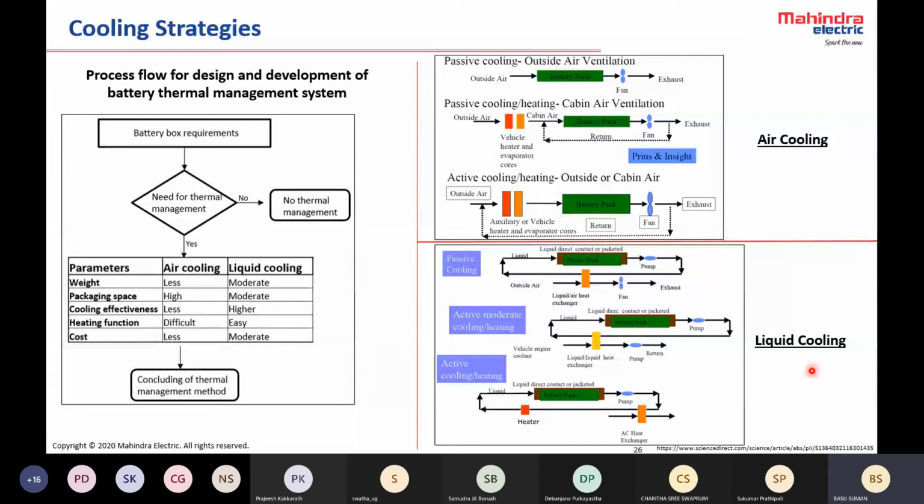But of course, air cooling has certain benefits. The benefit is that air is inherently safe. If it leaks, it doesn't matter. But with liquid cooling, although it is very compact and very efficient, we have to be very mindful about safety. Inside the battery pack, we have the cooling plates. For some reason, if the cooling plate leaks, then the inside of the battery pack will get filled with coolant, and that can cause a short circuit. So of course, we put in protection to make sure that it does not happen, through design and also through our battery management software.